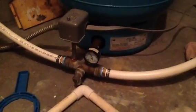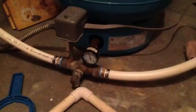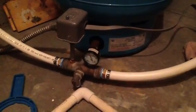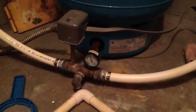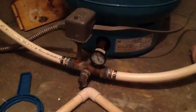Okay, I'm having issues with my pressure switch. Just trying to get some help with diagnosing the problem. I've got the water turned on, and you can see it should be kicking on here any moment. But what I get is when the pressure switch